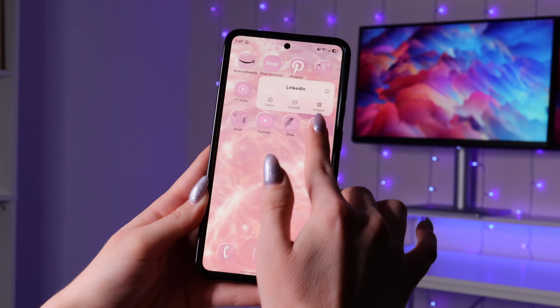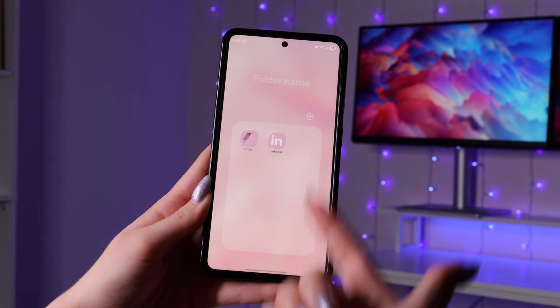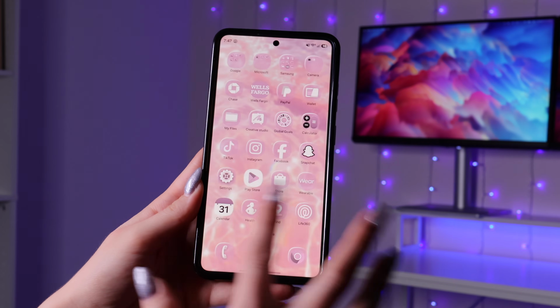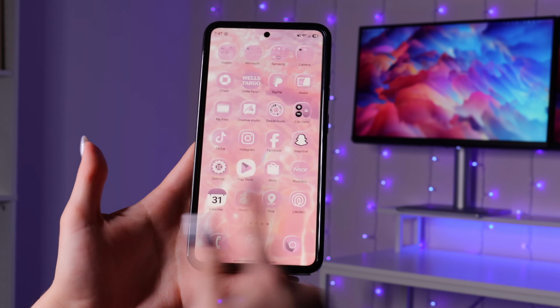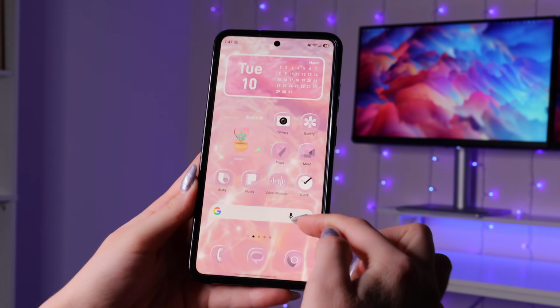And you can even create folders by just dragging the app and putting it on top of another app, and this way it creates a folder of 2 apps. This is just the basics, so just rearrange your apps the way that you want, or you can just take screenshots of the way that I did it. It's very simple for me because I do like everything simple, but I do have a few widgets on my